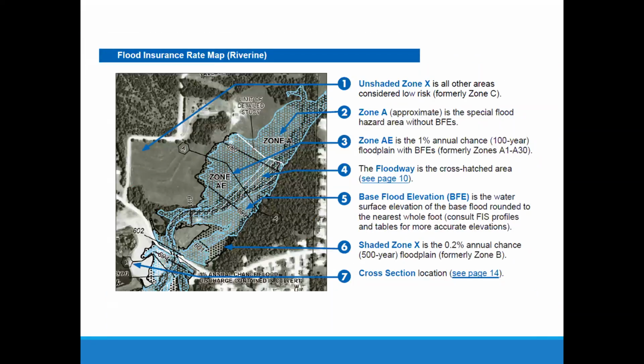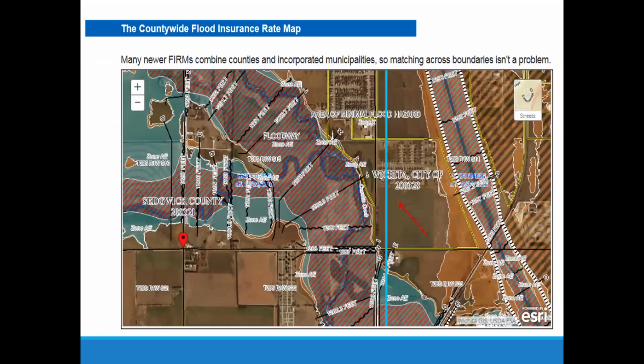Then we go to this next map, and here the diagonal stripes are a whitish color, but it's still striped through the area with the floodway. The number 4 is pointing to it. Then you go over here to this map, and the diagonal stripes are red. But floodways are shown with diagonal striping in Zone AEs with cross sections.